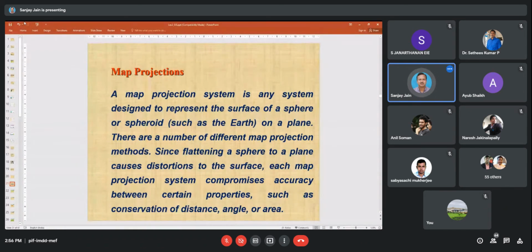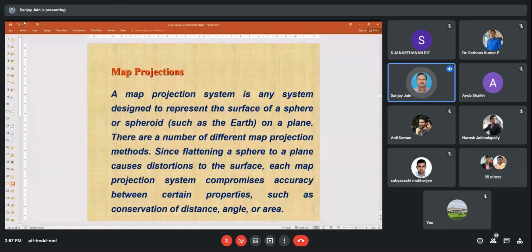So it means whenever I am converting my map into digital format, it will come as a picture, JPEG or TIFF format, I can say, or BMP format. Okay, so that is one thing. Now, if I am giving a coordinate system, it means I have placed one coordinate system on that map and a projection system which is readily available in that particular software.